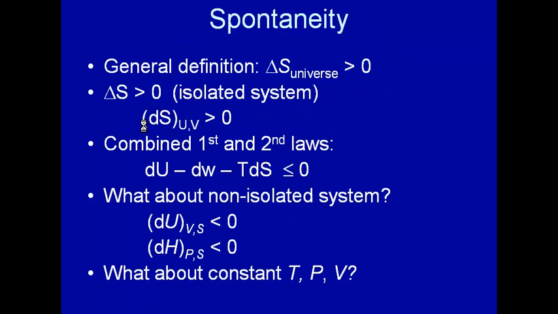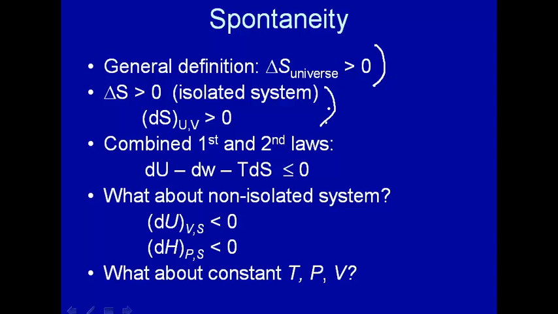What we have from our discussion of the second law is things happen spontaneously if the entropy change in the universe during that process is greater than zero. That's the definition of a spontaneous process. You start someplace and then you end someplace else. And if the entropy of the universe in that final state increased, then going from the initial to final state was a spontaneous process.